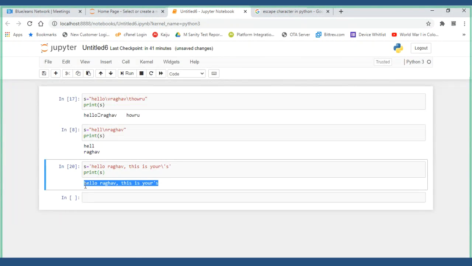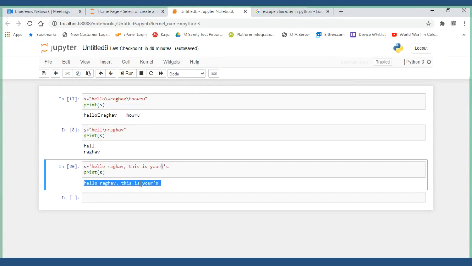Earlier it was not getting printed because the escape character was not there for this character to print. It considered this the end of the string and one more new letter started, with no information on what to do with it. So it got confused and gave a string format error. Then I explicitly said this apostrophe s is included in my string, please consider it with this particular backward slash. Then it printed successfully.